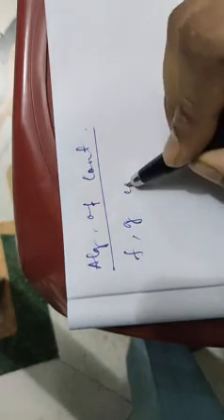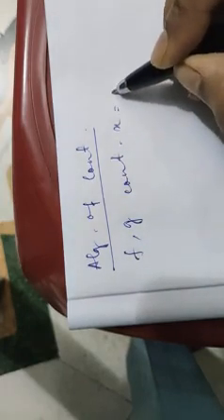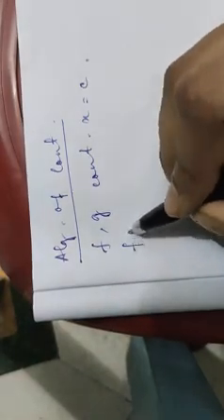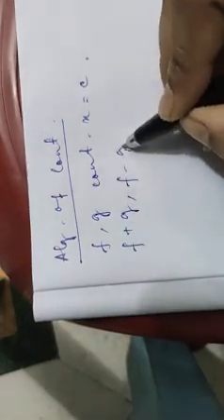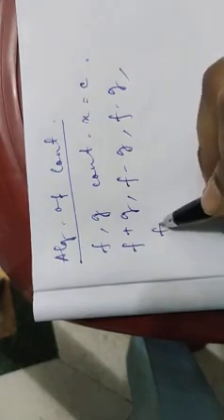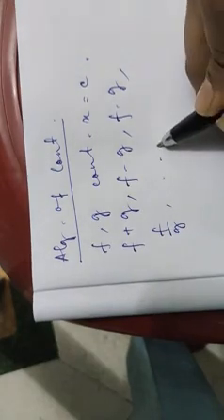In the last class, we were talking about the algebra of continuity. There we had two functions f and g which are continuous at a particular point x equals c. Then f plus g, f minus g, f dot g, f by g and so on, these functions will also be continuous at that point. And we have already proved that f plus g will also be continuous. The proof of f plus g and f minus g are quite similar.